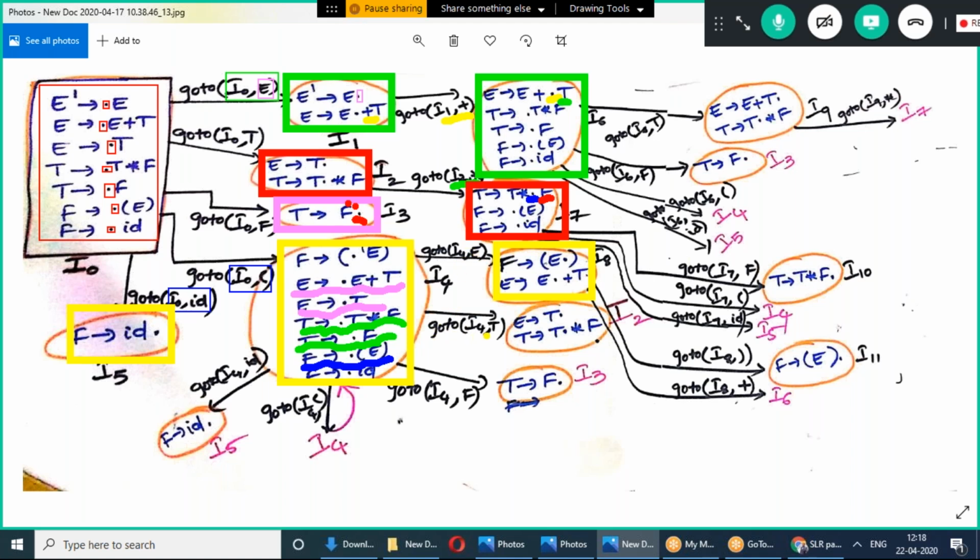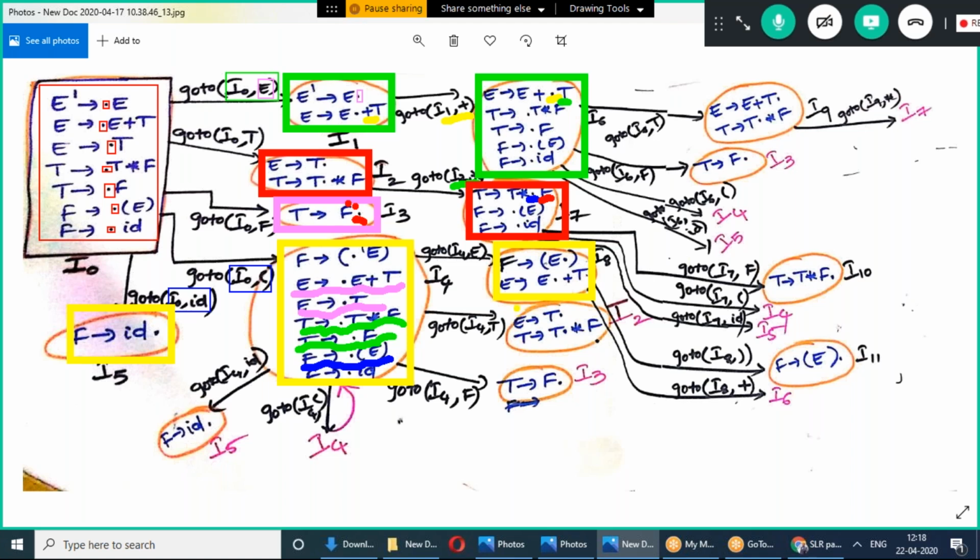Now goto of I4 comma T. Which productions have T after the dot? These are the two productions. Let us take the first one: E → T . because the dot comes this side. Next, T → T . * F. After the dot we got a terminal symbol, so no need to write any more productions here.